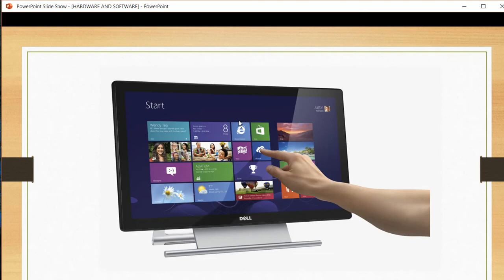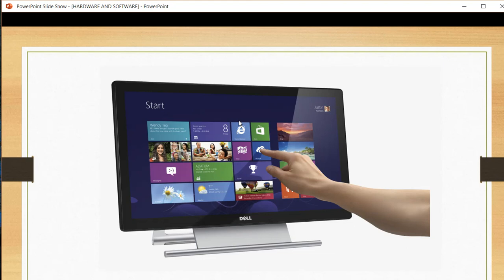With the help of this touch screen monitor, you can select the object by directly touching with fingers without using any pointing device. It means you have no need to use the mouse.